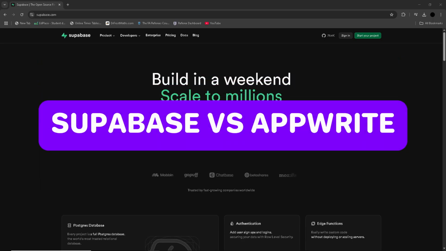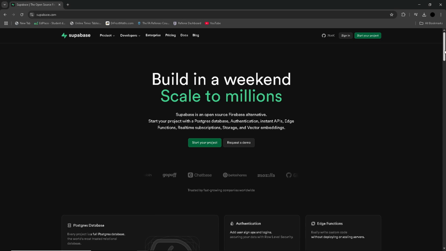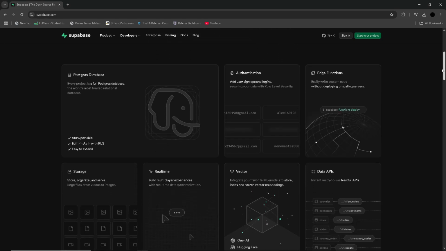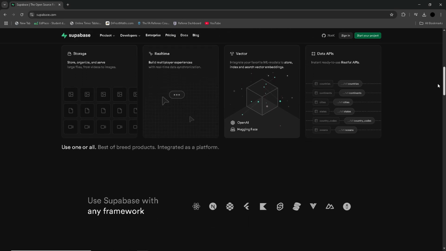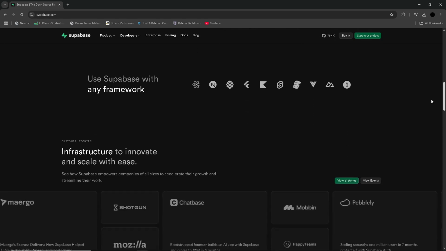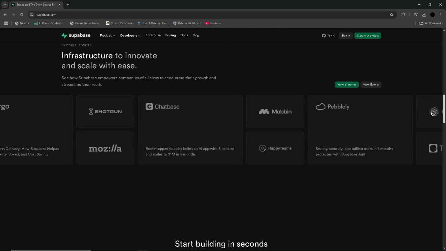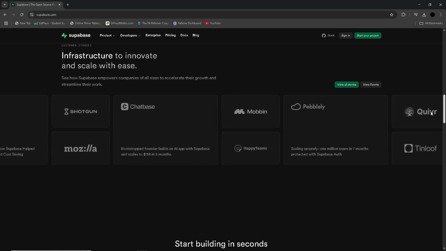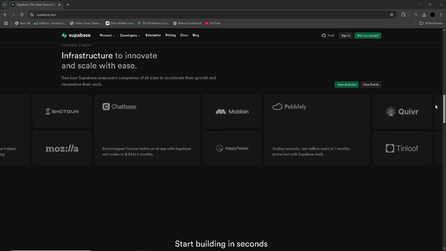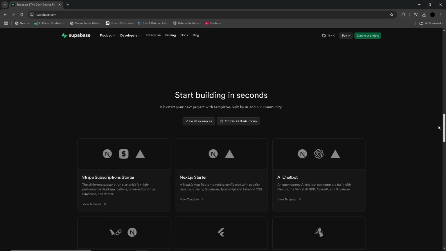In this video, we will compare Supabase versus Appwrite. Supabase is often praised as an open source alternative to Firebase, offering a range of powerful backend features such as real-time databases, authentication, storage, and an all-around database. One of its biggest advantages is its strong relational database foundation, which allows for more complex queries and data relationships